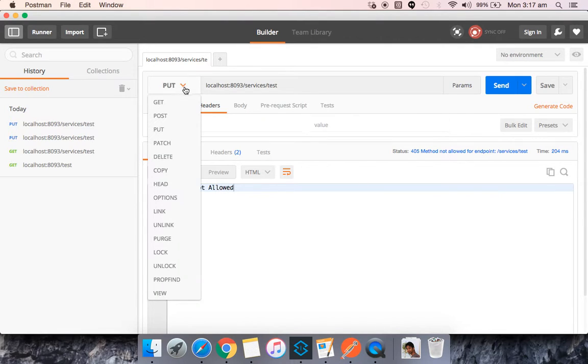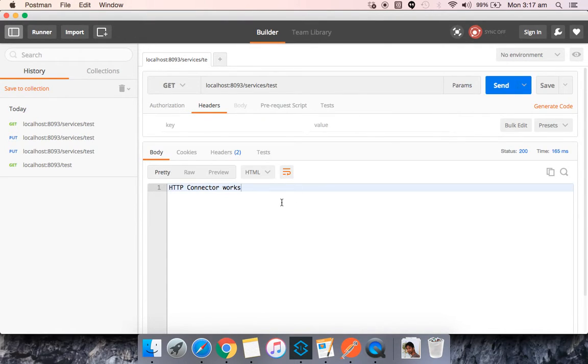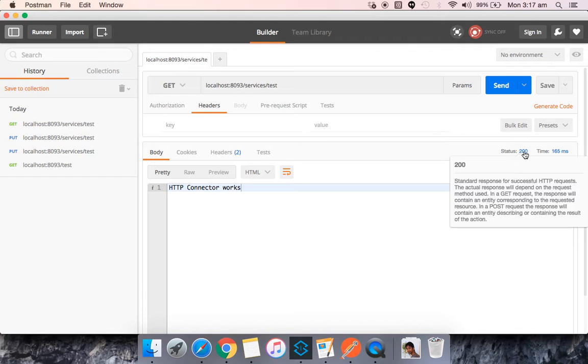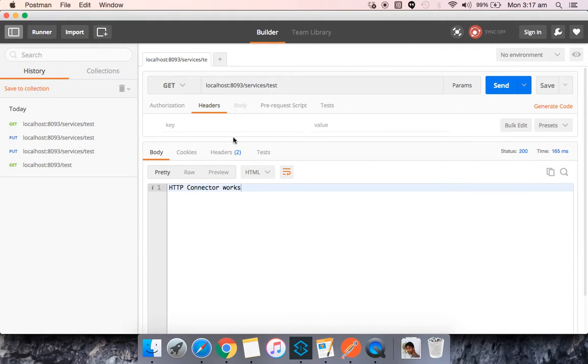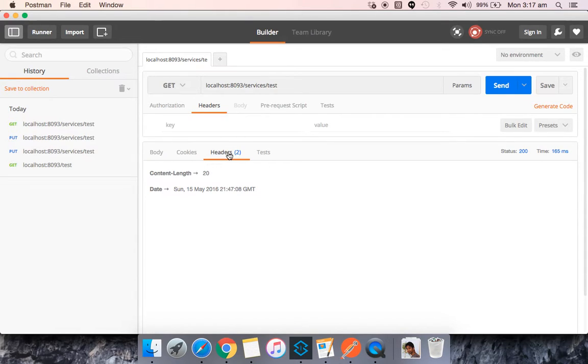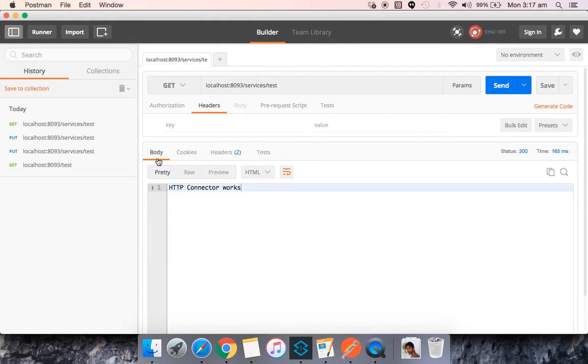But if I use GET, you can see the success message over here, HTTP connector works, and the standard 200 HTTP response. The success response has two headers over here: the content length and the date.